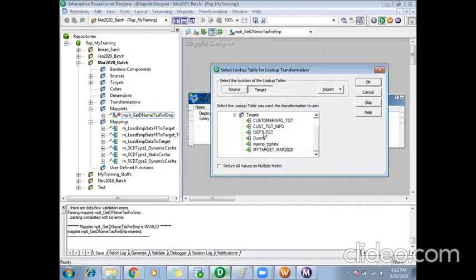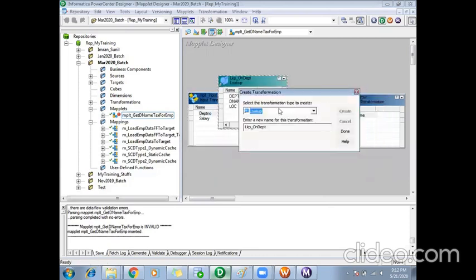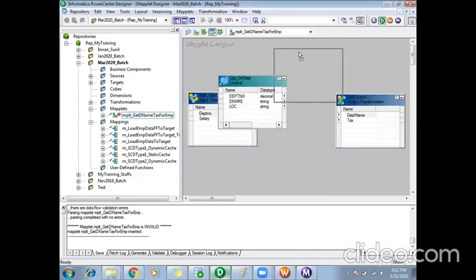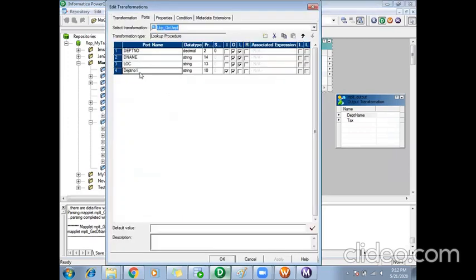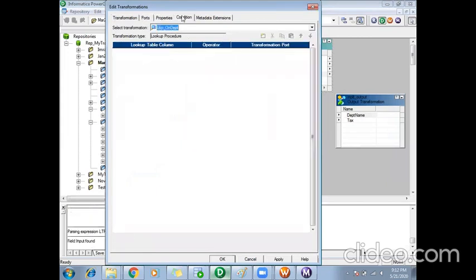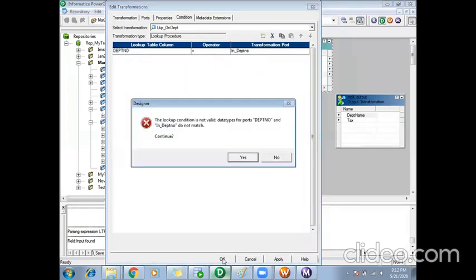Here I will take the department table as my lookup. Then I will send this department number to my lookup and rename it as in_department_number. In my condition, I'll say lookup table department number is equal to incoming department number, right?